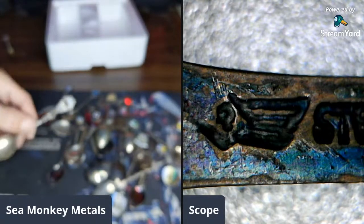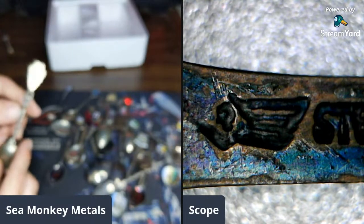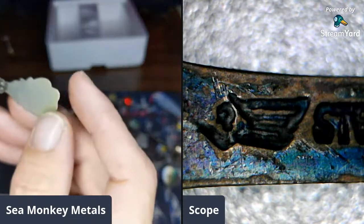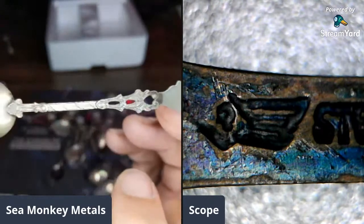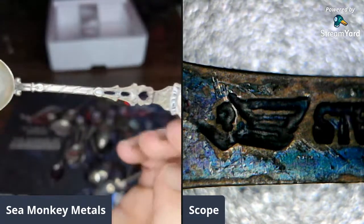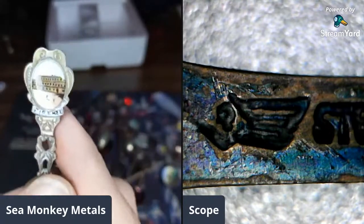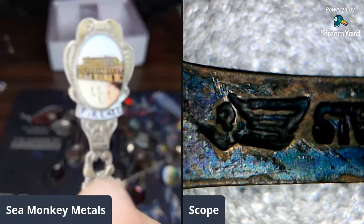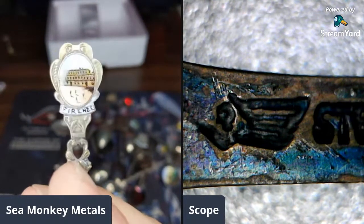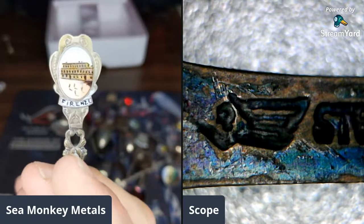What else do we have down here? This one doesn't seem to have any hallmarking. It's got that silver tone to it, but it's not very tarnished. It says Firenze. Not sure what that means, but